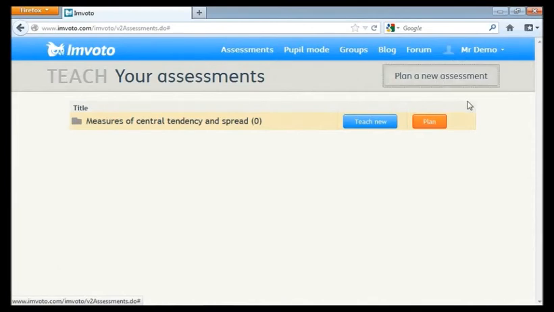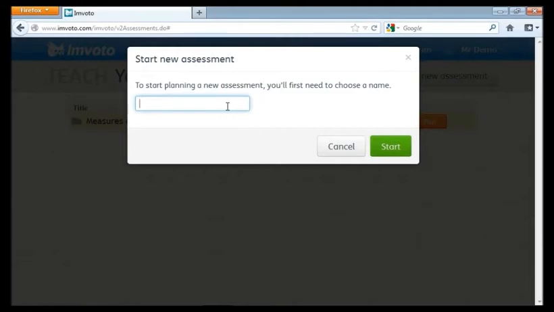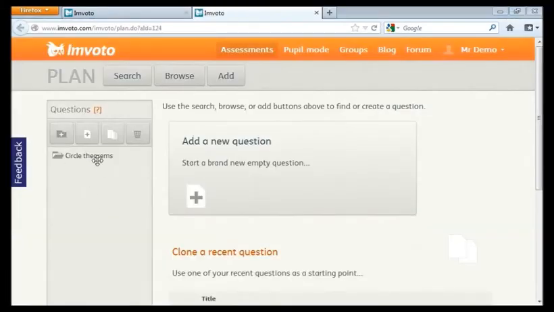But what we want to do today is plan a brand new assessment. So I'm going to click on the Plan New Assessment button, and the lesson we're going to write today is on the topic of circle theorems. Pressing Start will start the process of planning this lesson. Within the planning tool, on the left-hand side we have part of the window that shows the structure of the lesson. At the moment this is just an empty folder called Circle Theorems